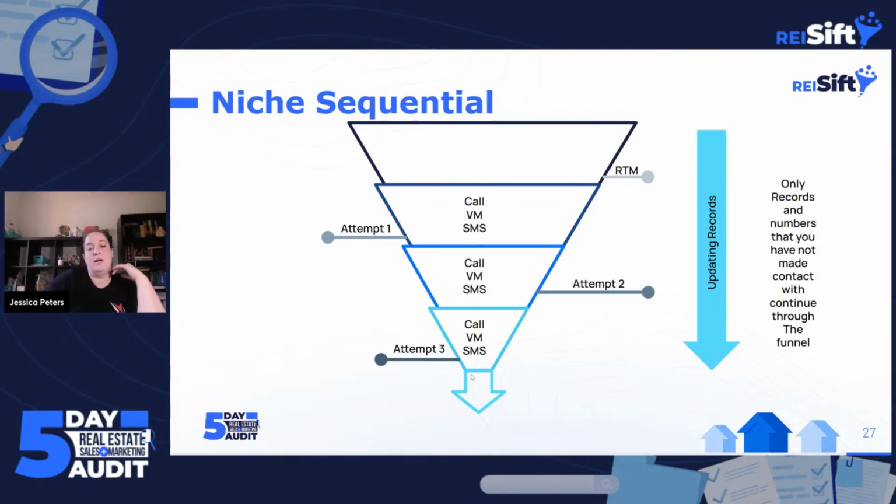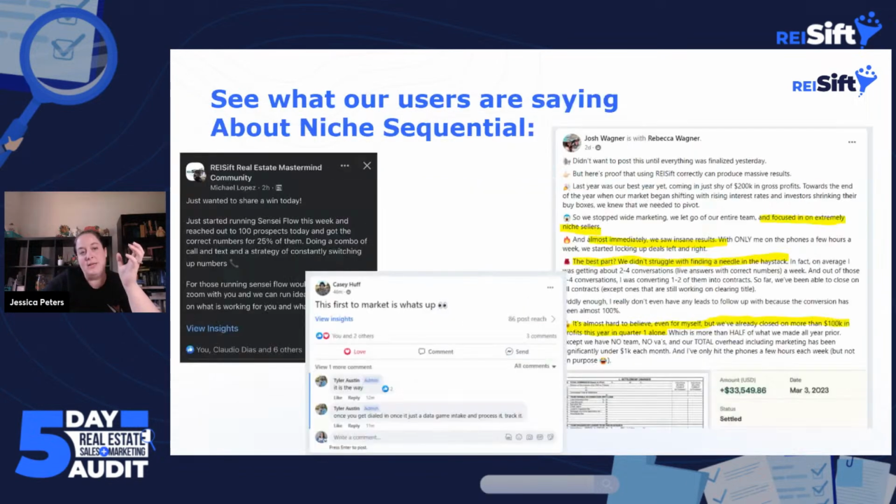We do a certain number of attempts here. Usually after this, they would move into something like direct mail or deep prospecting. If you don't know what deep prospecting is, that's when you are doing a deep dive on the property. You're contacting relatives, you're looking them up on True People Search, you're looking them up on Facebook, you're messaging them on Facebook. So you're doing that deeper dive. That is the process that takes the most time. So generally you do that after some marketing or on records that, when you skip traced, you didn't get numbers for. All right, so that is niche sequential, kind of what it would look like.